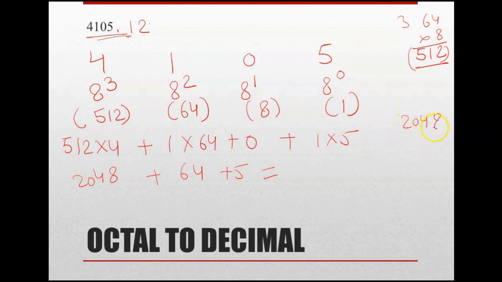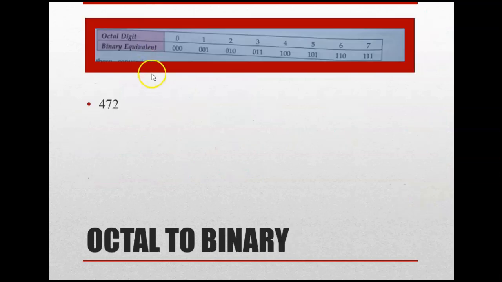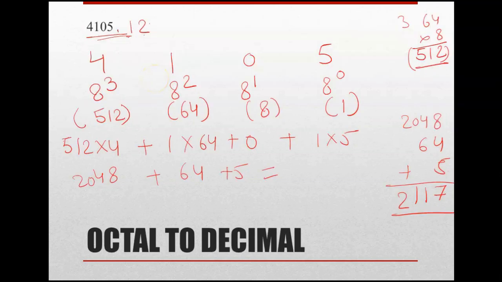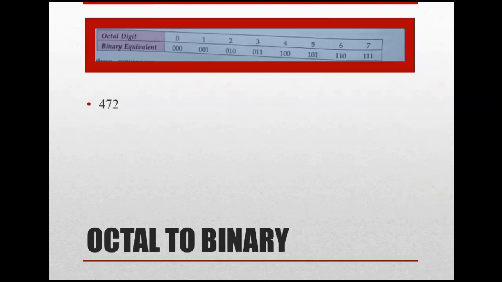So you can check it. We have 64. We have 5. So you can just check the answer, okay? If you are getting some other addition, because I just did it like this. So this is for the integer part. Exactly the same, you will just go for 8 to the power minus 1, 8 to the power minus 2 in case you have a fractional part, okay?